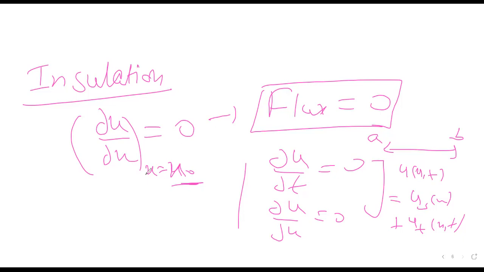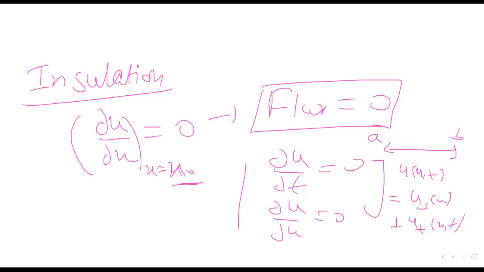Okay, this is very straightforward. Insulation means del U by del X equals 0. Steady state means del U by del T equals 0, that is, temperature distribution is time independent. Insulation means the flux should be 0, therefore it should not depend on X, that is, the coordinates. And then let's see some questions.